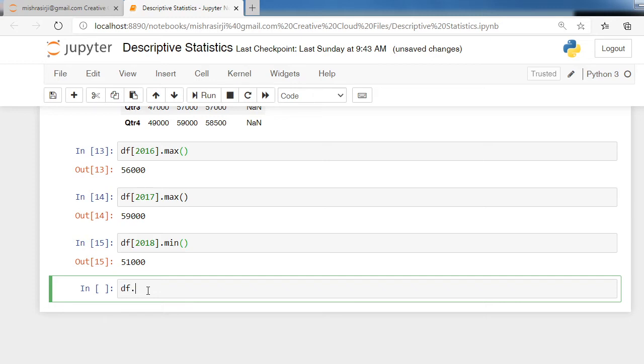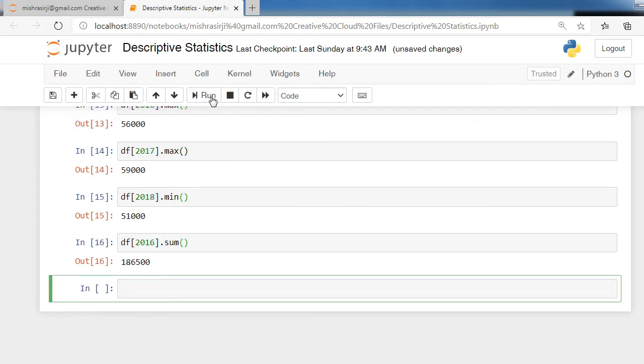Similarly we can use other aggregate functions. df 2016 dot sum will return the total of all values from column 2016. You can check it. df 2017 dot count returns the total number of values from column 2017.